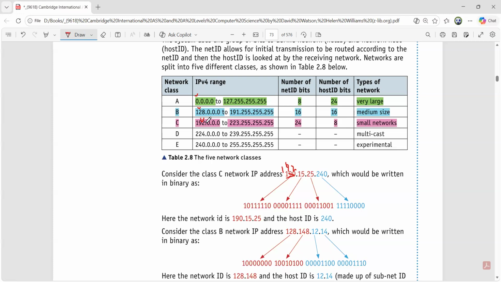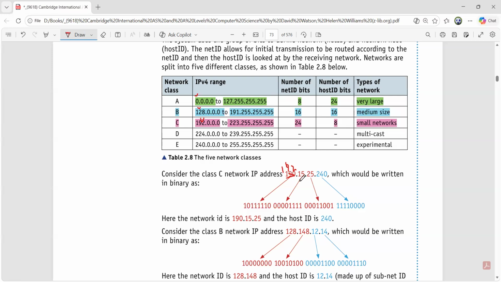So for that, we are moving to a discussion. Be very attentive. If you have a question, you may ask. Please stop me immediately the moment there is some confusion. Now they have given you an example of a class C, and they have used different color coding. Since it is a class C, the first three values are fixed for every connected computer. Be clear. Every computer in the network of class C will have the first three values the same,